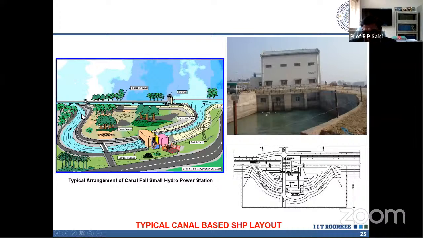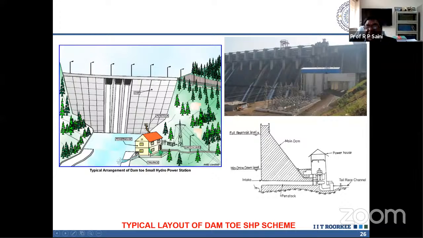Here, this is the second type. And the third type is there. Let me tell you that in Maharashtra, most of the plants are dam based. I think those dams, those reservoirs, were not built for power generation. They were built just to supply water for drinking water or for irrigation. I think there are so many existing dams.